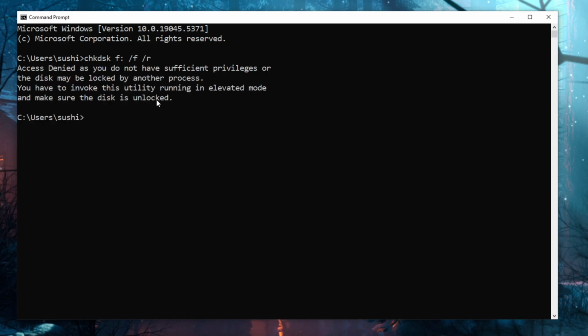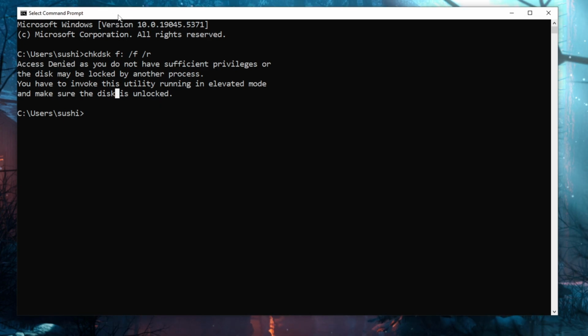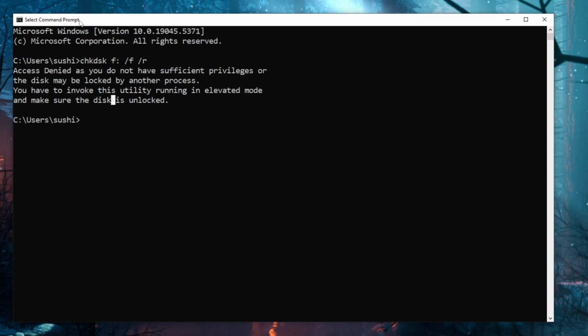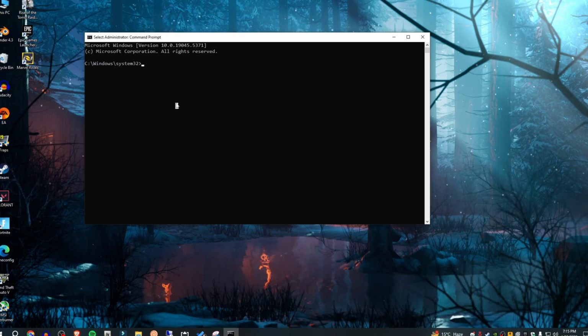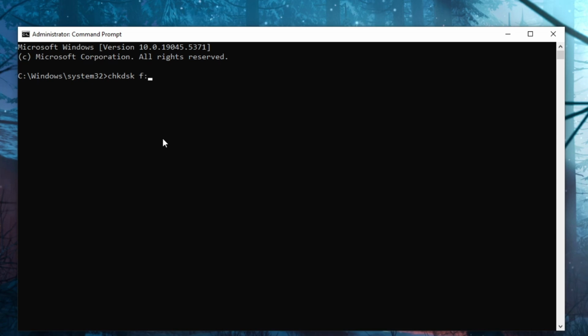When you press enter, it might show you that the access is denied. It might mean you're not in the administrative window of the command prompt. What you can do is you can just close it, then type cmd again, then right click on it, run as administrator. When you do that, you can just type the same commands again,